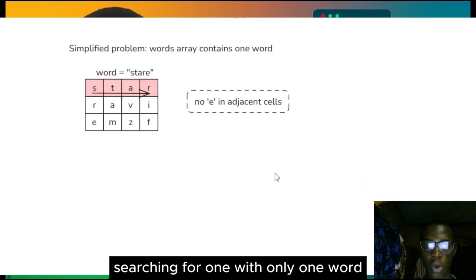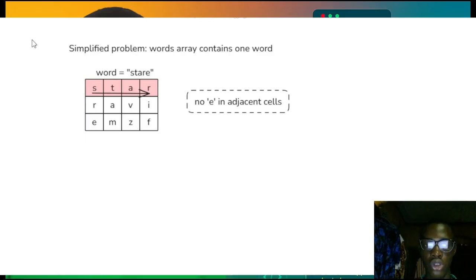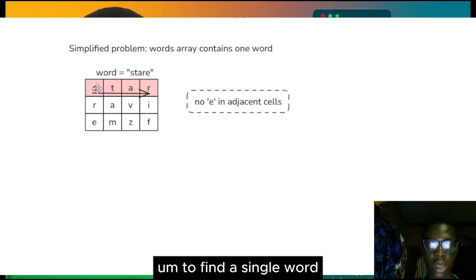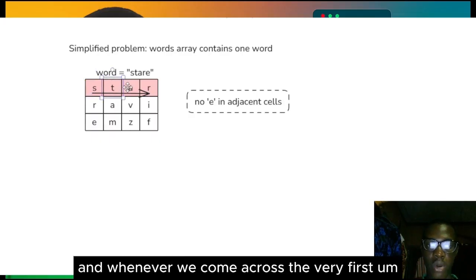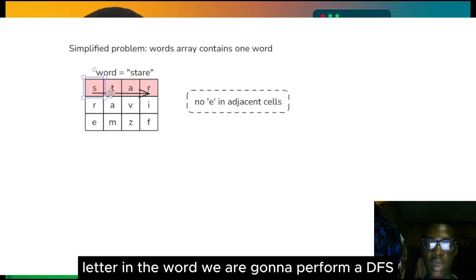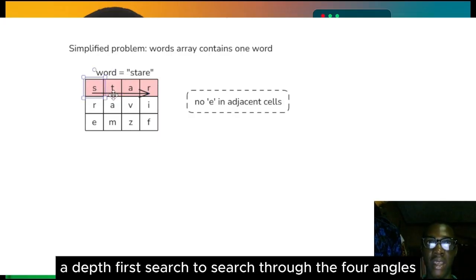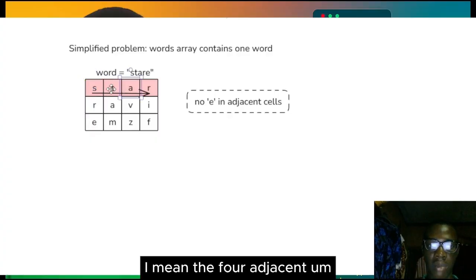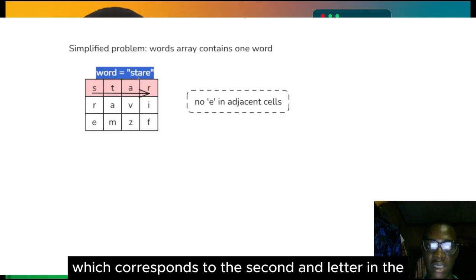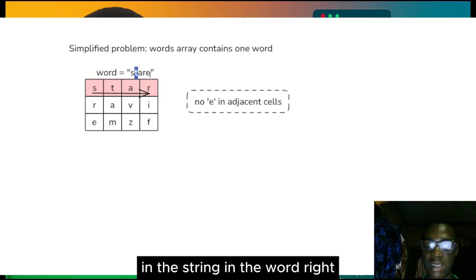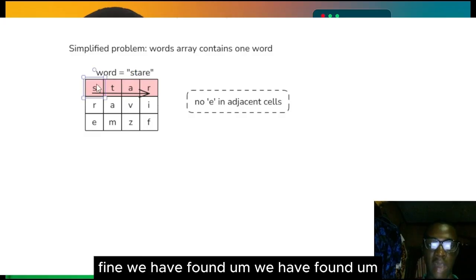With only one word to find, a straightforward approach is to iterate through each cell of the board, and whenever we come across the very first letter in the word, we perform a DFS, a depth first search, through the 4 adjacent cells, to see if we can find the letter corresponding to the second letter in the word, right? Fine, we have found